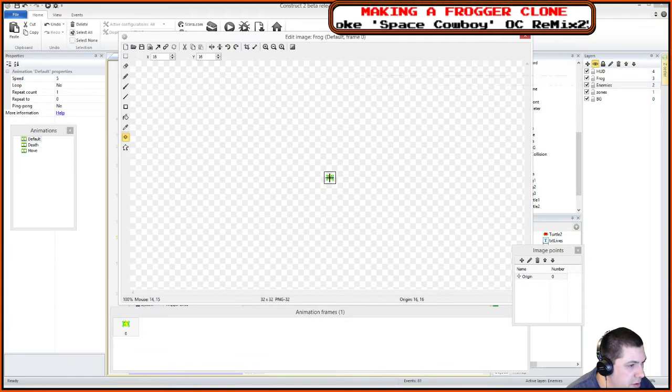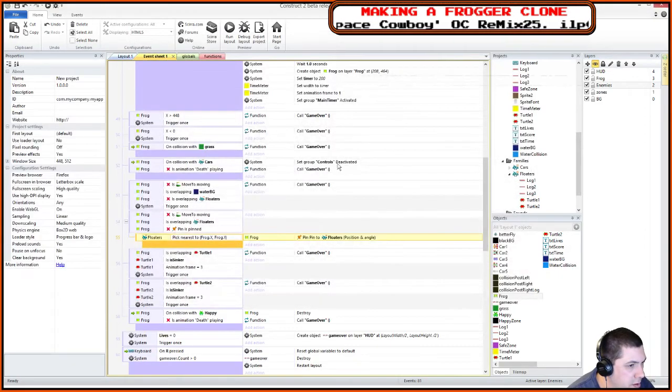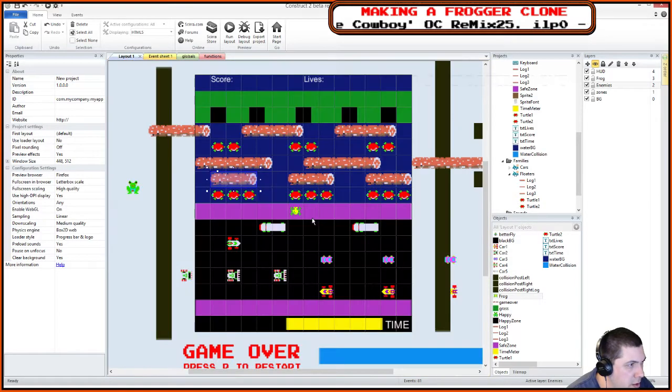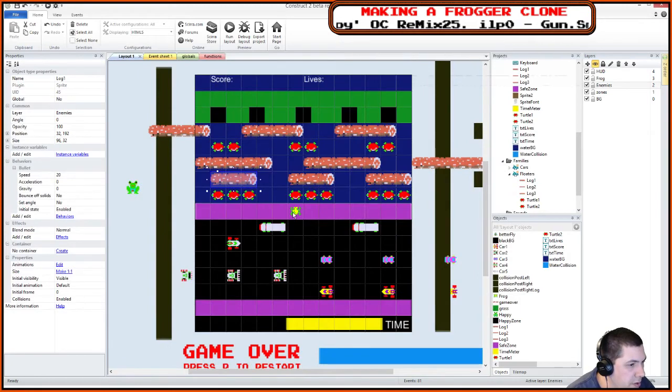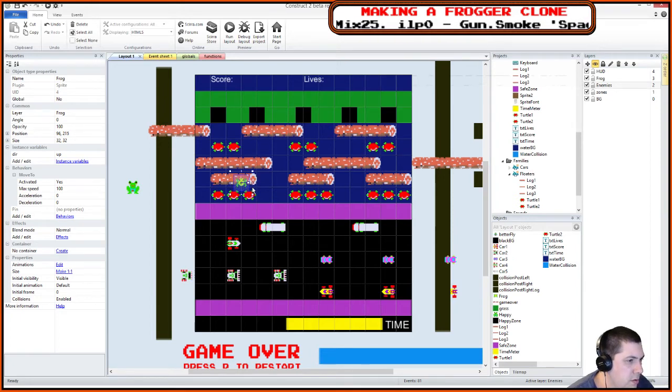So my frog's origin is center, and the log's origins are upper left. So if he jumps here, right as this is right here,